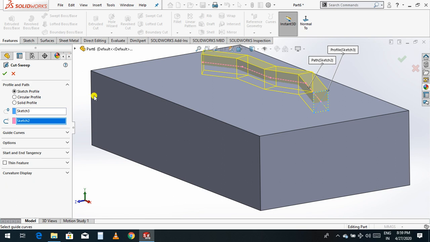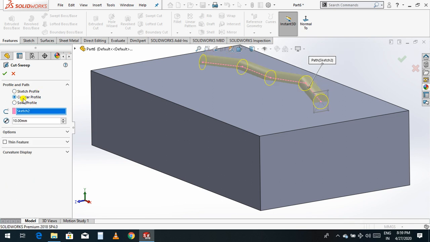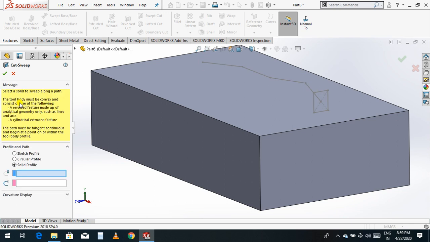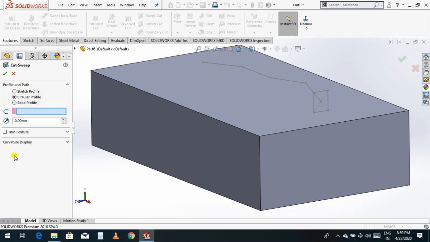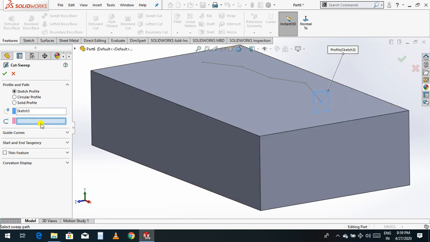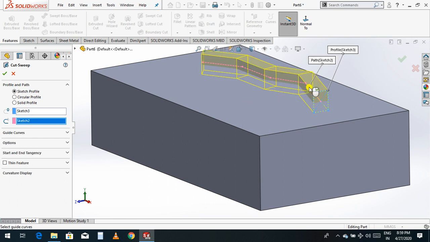Go to circular sketch type, circular, like this. Go to the sketch type and select this sketch profile, and select this path. Now just click OK.